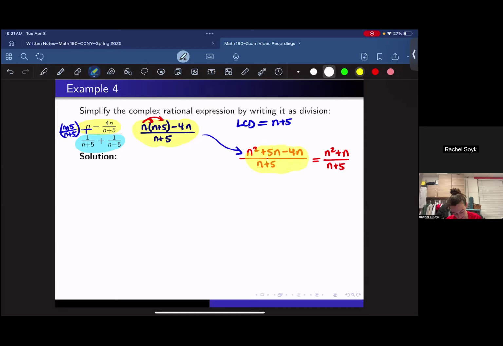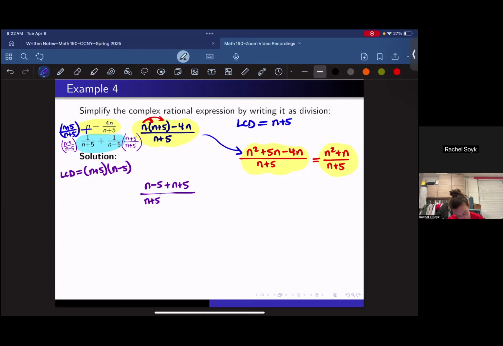Now let's take a look at that denominator. What's our LCD for the denominator? It's the product of n plus 5 and n minus 5. And so we're going to multiply that first fraction by n minus 5 over n minus 5. And that second fraction by n plus 5 over n plus 5. So what do we have? We have n minus 5 plus n plus 5 in the numerator, all over n plus 5 and n minus 5